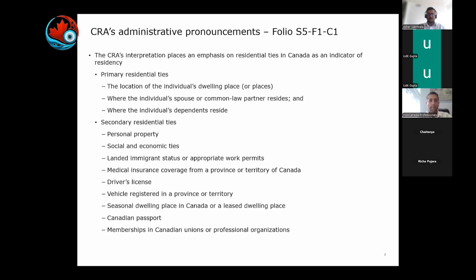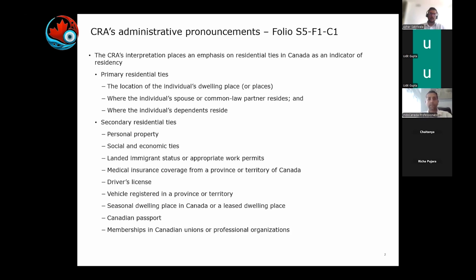Primary ties concern where your dwelling place is going to be after you arrive in Canada. Are you going to pick up a house for the long term, whether you sign a long-term lease or buy a house? Will your spouse or children also live with you after you arrive in Canada? And are you going to earn a significant portion of your income post